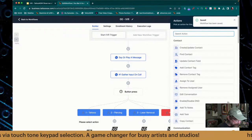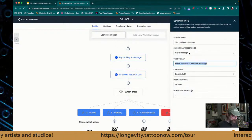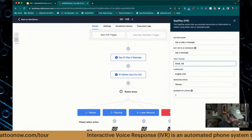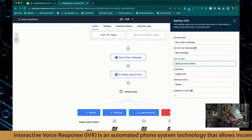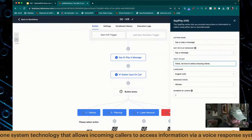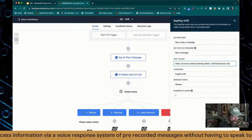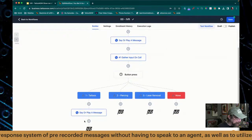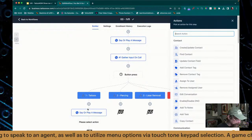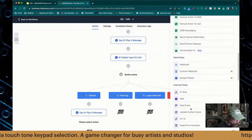So now we're going to say or play a message that says, great, we love to tattoo people, amazing clients. So this is just going to say it straight up, and then I will forward you your call. For the sake of this, I'm going to keep these pretty simple. But from here, we could SMS, we could ask, are you a current client? Are you a new client? Are you looking for a walk-in? Etc. In this case, I'm just going to say I'm going to forward you to the appropriate person,